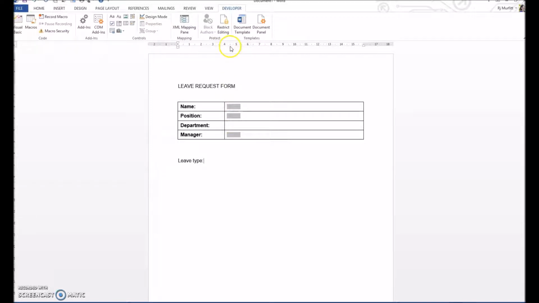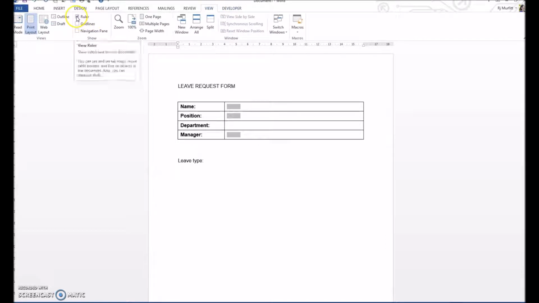Then we're going to do a tab stop across that will line up with these. So you need to see your ruler. If you don't have your ruler, you go View and then put a tick in Ruler. So I'm going to put a tab stop around about 4.25. So I just click on the edge of the ruler. Then I push Tab on my keyboard, and